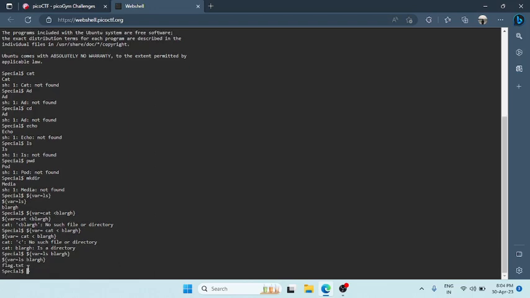Okay, it is saying that inside this particular directory there is a file, flag.txt.